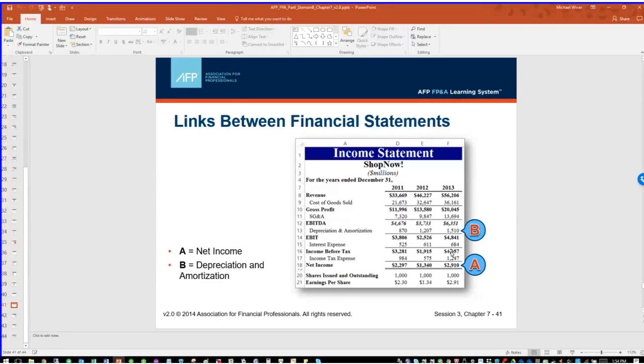Now, they may not actually be paid in amounts equal to what shows on the income statement, because a lot of times actual tax bills are paid in arrears, and there's all kinds of reasons why they don't equal. But to the extent they don't equal, that'll change the balance sheet. So we catch that difference there. But at least they affect cash, whereas this depreciation and amortization doesn't affect cash at all. So we picked up those lines: A, net income, bottom, and B, depreciation and amortization. This B is going to be our adjustment to net income.